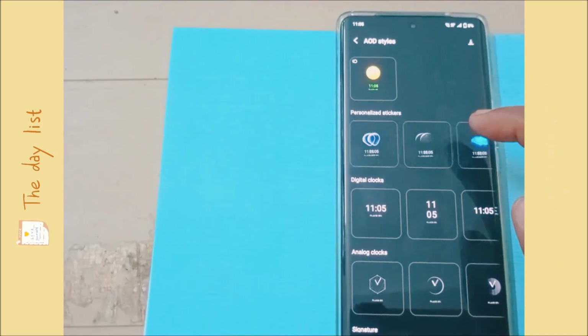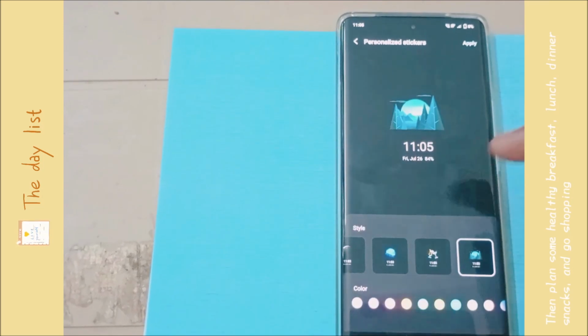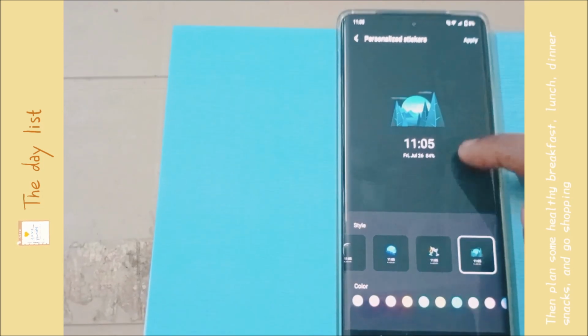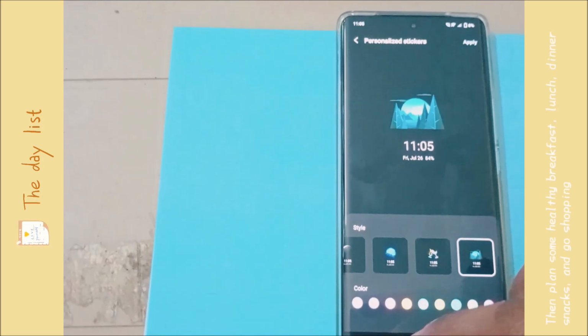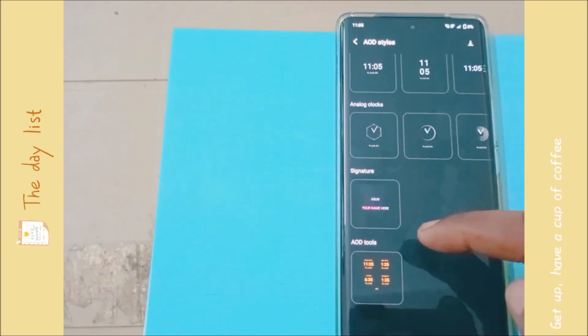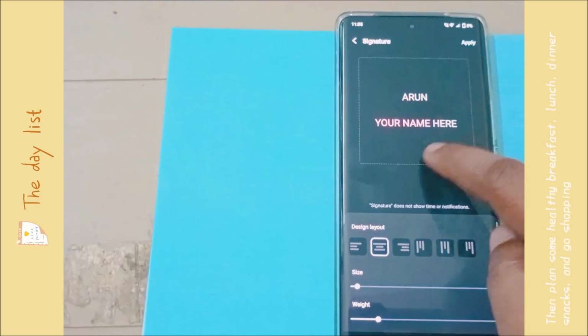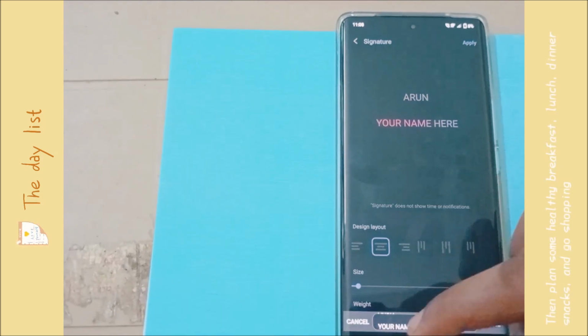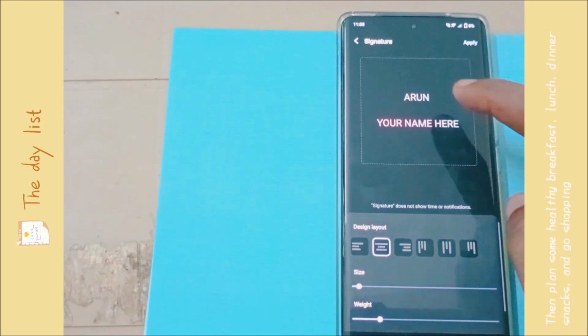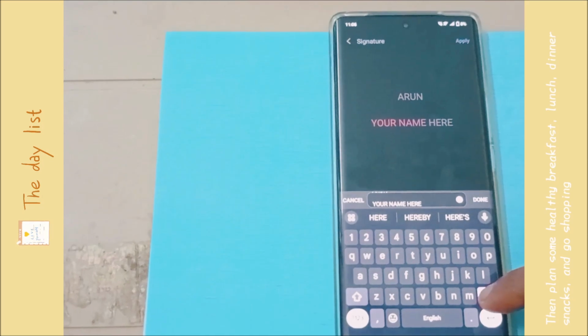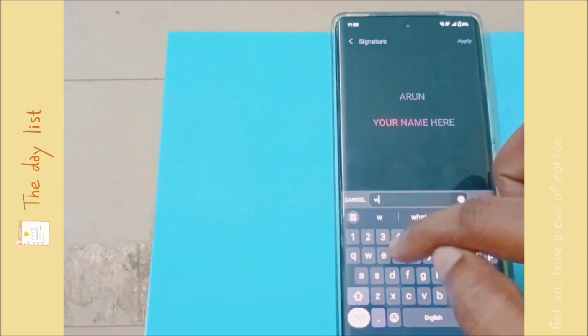There are many options to keep personalized stickers. You can choose one from this available list. That is up to you. And not only that, we can also write the name. For example, the text. This option is available under signature. See here, signature. If you want to keep your own name, something like that, you can tap on the text